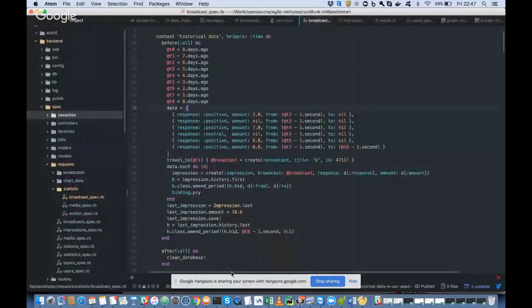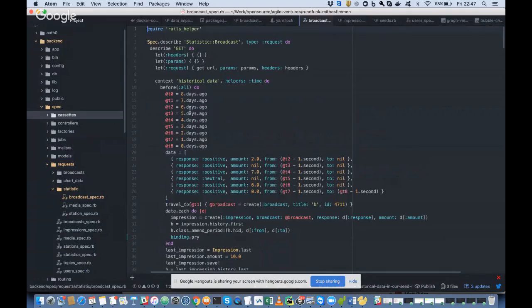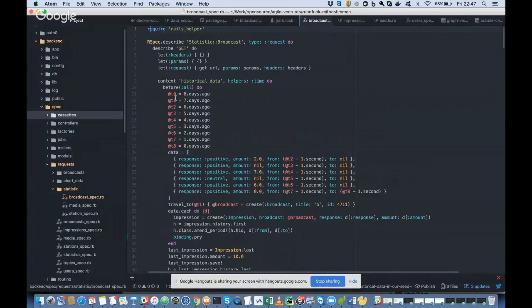So go back to the code. Oh, you're trying to run the tests. Okay. This is the test file? Yep. Okay. And when you scroll up to the top, you have a require something. Are you doing this? So where are you doing it? Yeah, that should be fine, if that's not something you added.